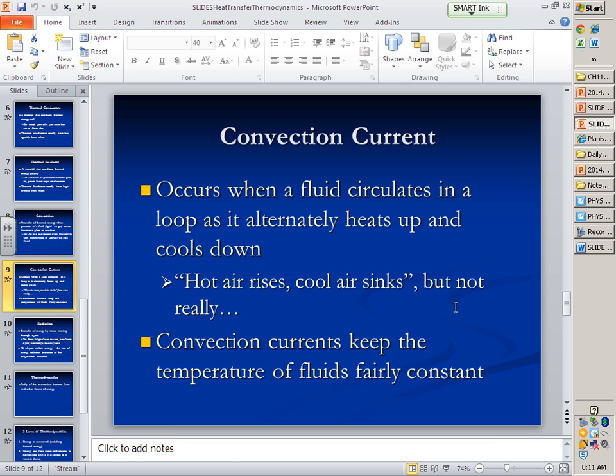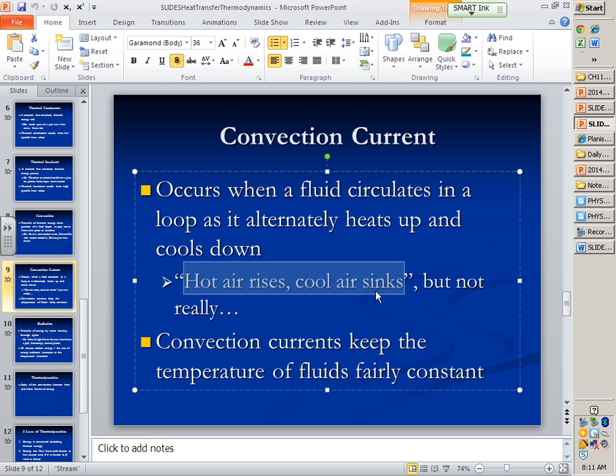Convection is responsible for something that we call a convection current. A convection current is the rationale behind hot air rising and cool air sinking. But that's not really what it is. Convection current is also